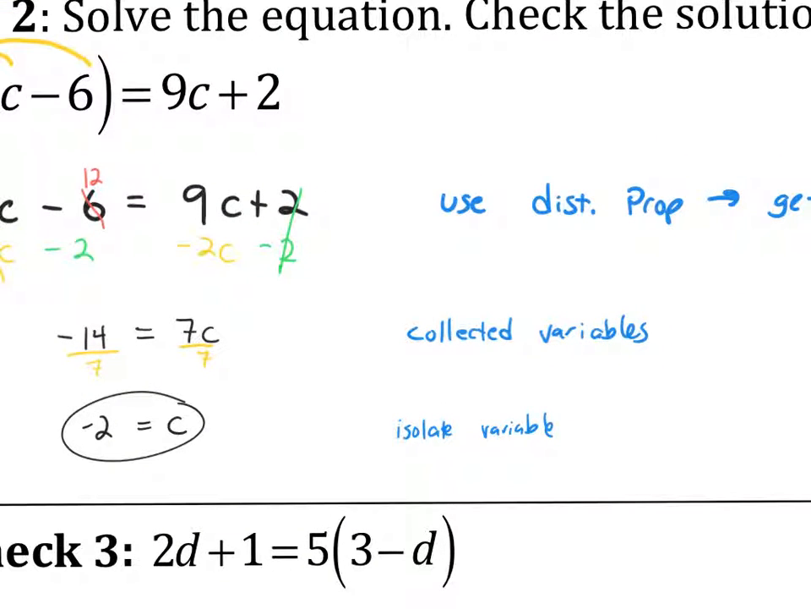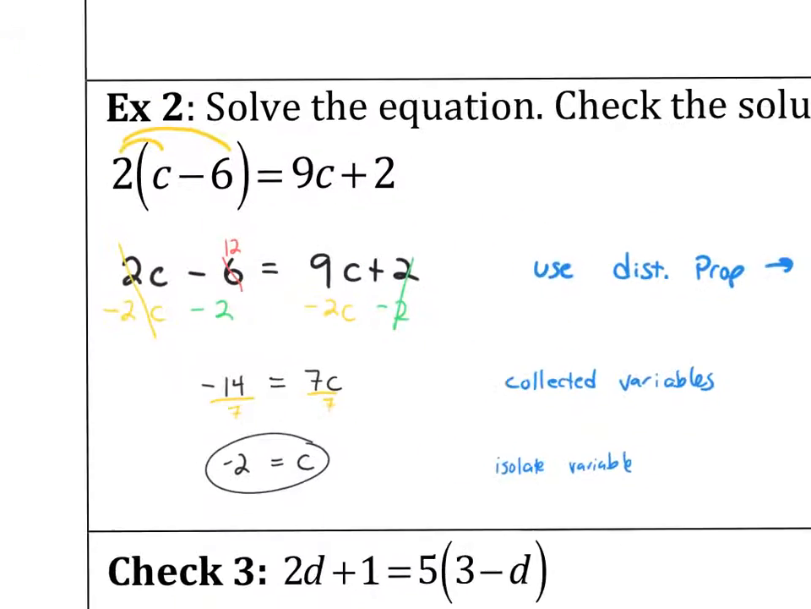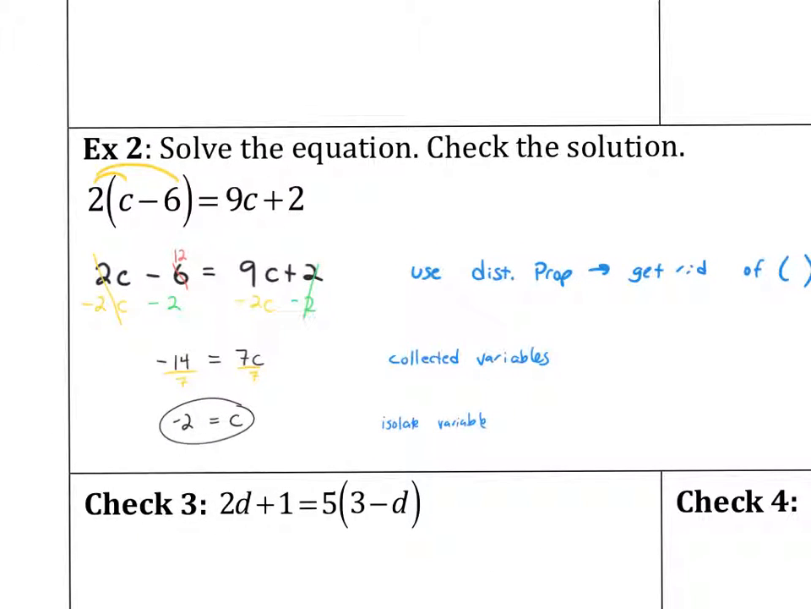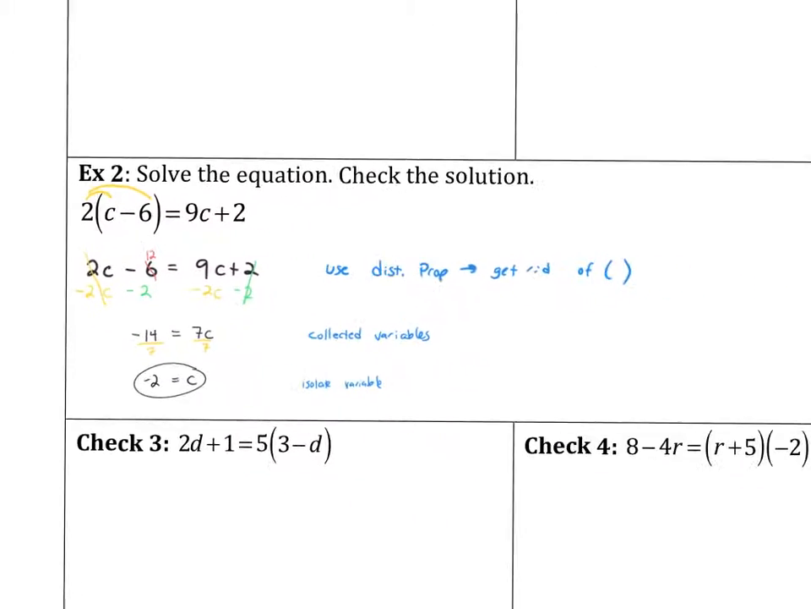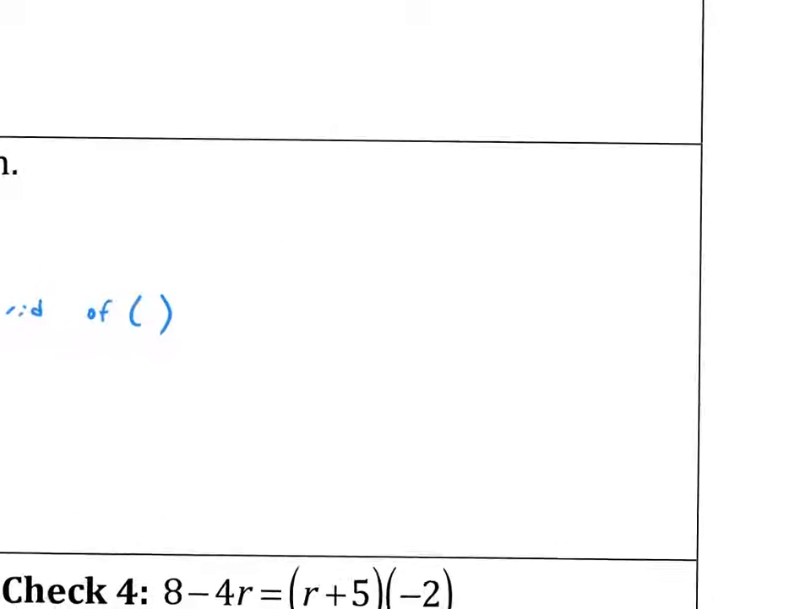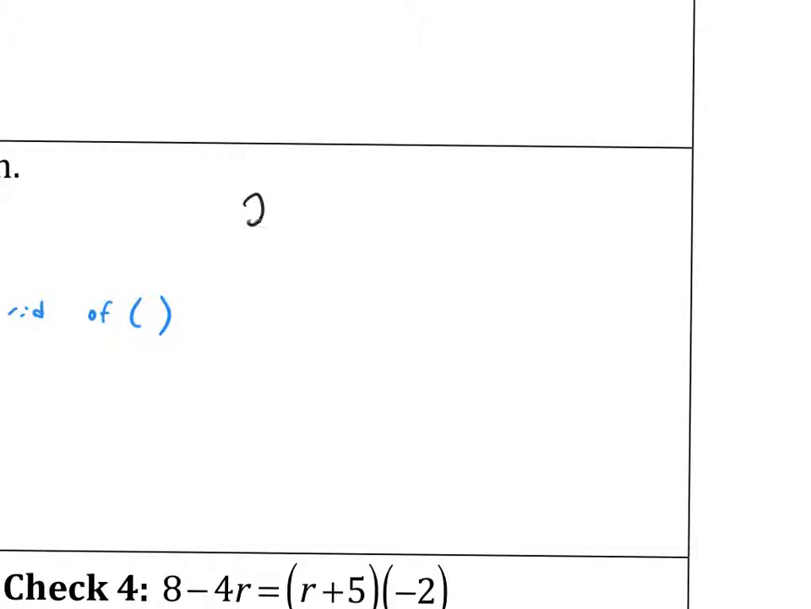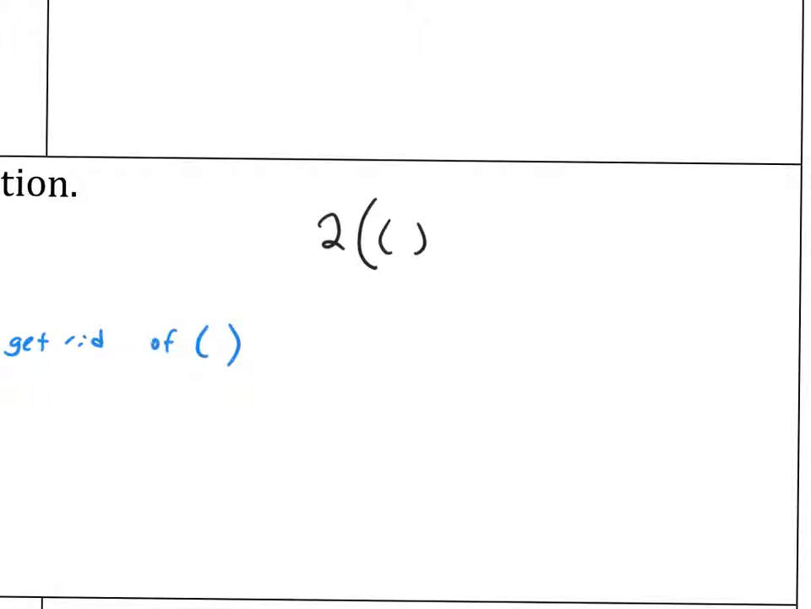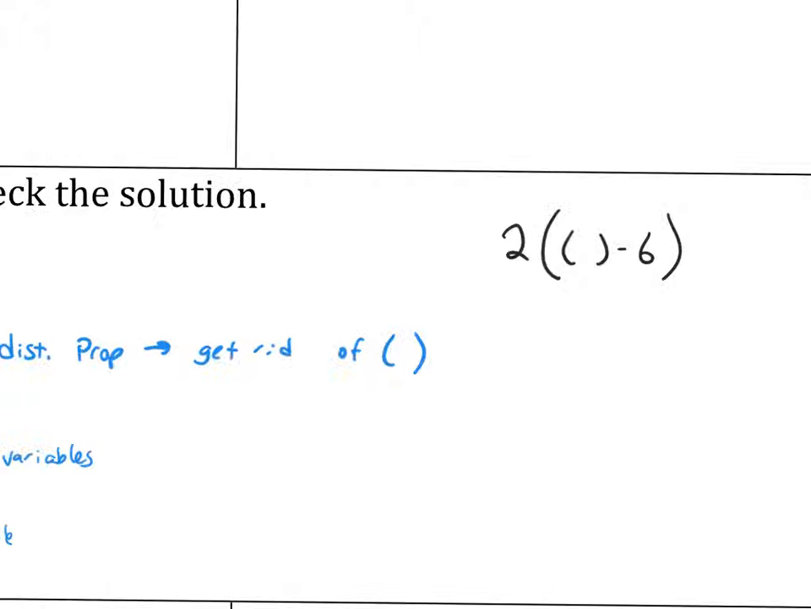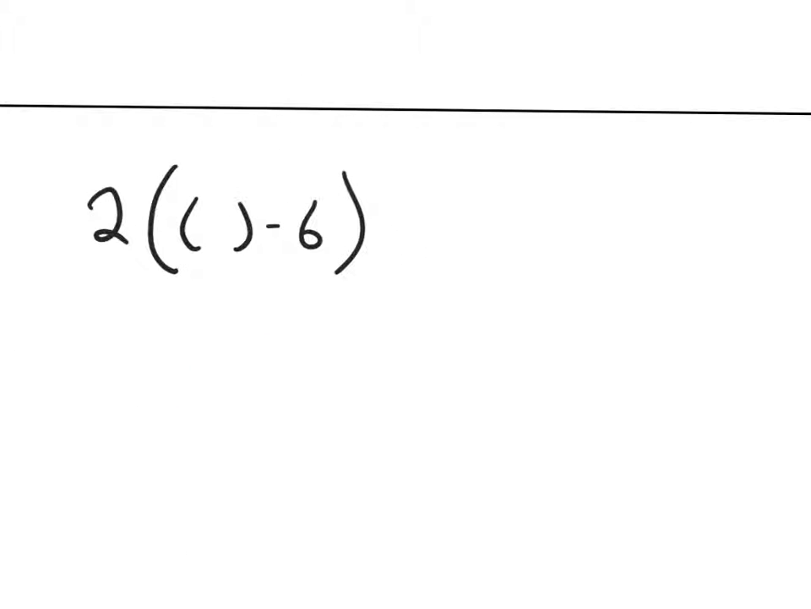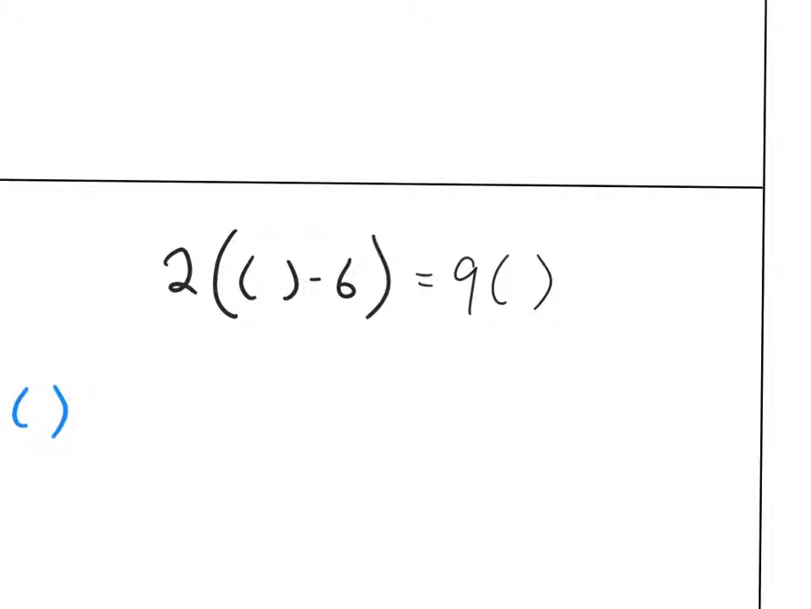And now we want to check. The check, of course, just like we did before, I start with the original problem, and I erase and replace. The c becomes a -2. So I'll do the check over on the side here. So 2 parentheses again, minus 6 in parentheses equals 9 parentheses plus 2. And I'm going to substitute the value in there,